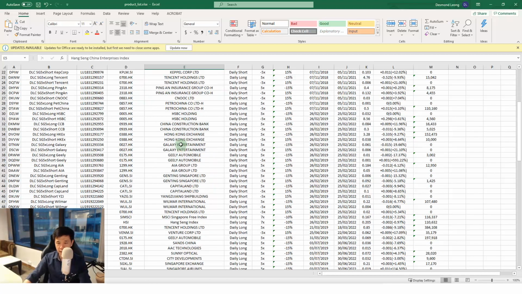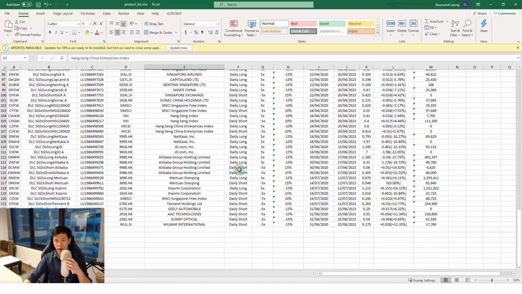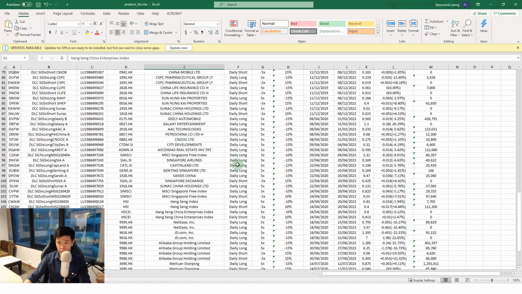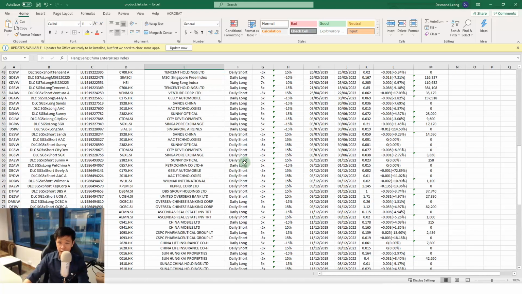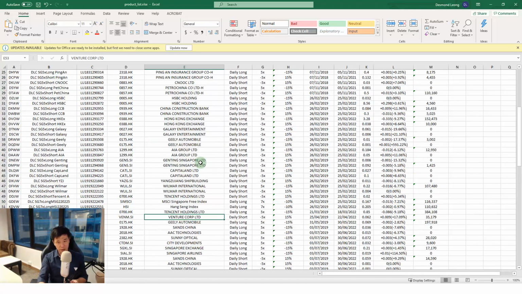So I'm looking at here, and there's quite a number of DLCs to trade. It's not like you are restricted to just a couple of stocks that you can look at, right? I can look at anything, whether Singapore Airlines, City Developments, or Tencent, one of the most popular ones, right? And yeah, you can see what are the various stocks that are covered and can be traded via a DLC,